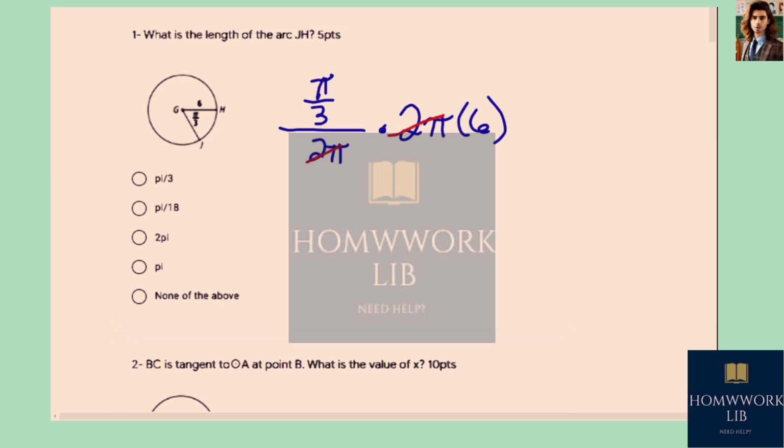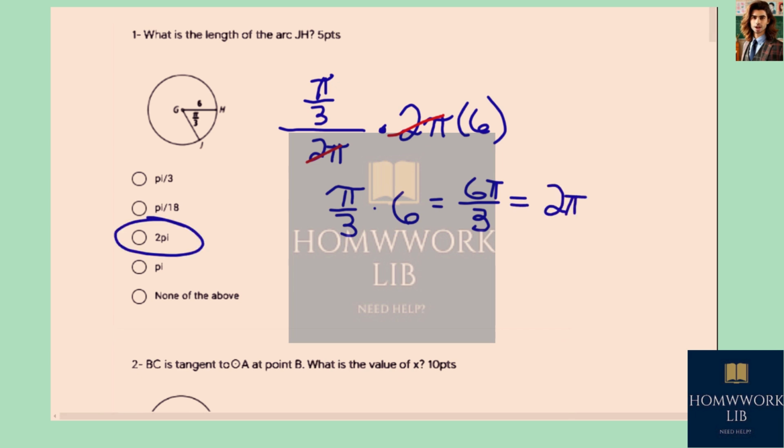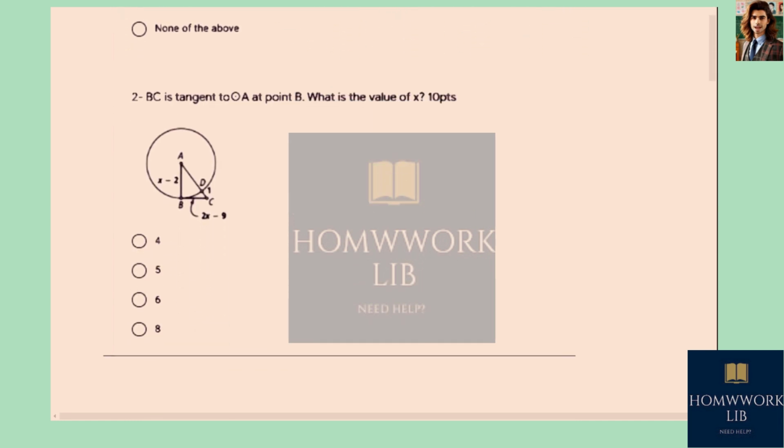What happens here is the 2 pi's will cancel, and so we really have pi over 3 times 6, which is 6 pi over 3, and 6 over 3 is 2, so this is 2 pi. That's your answer. In the second one, we have a point of tangency at B, which makes this a right